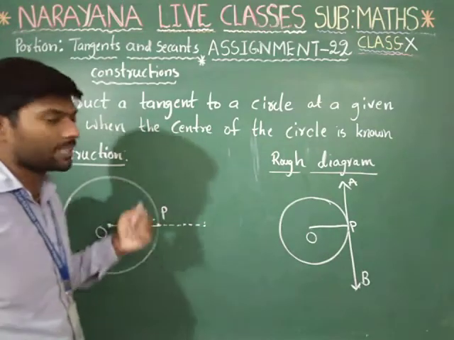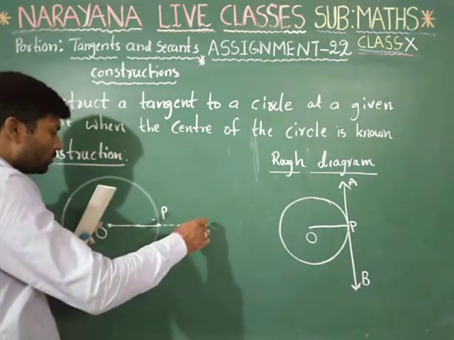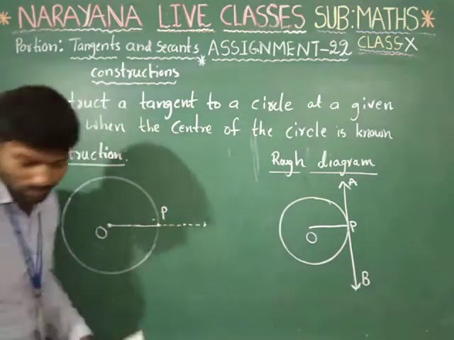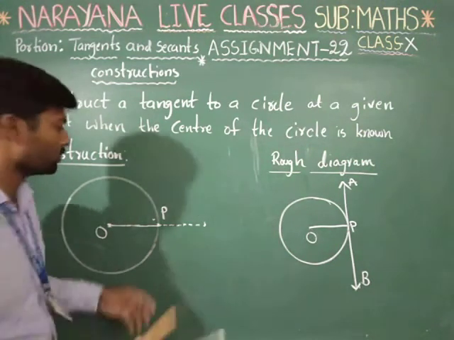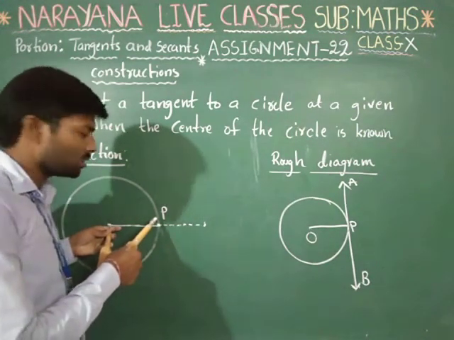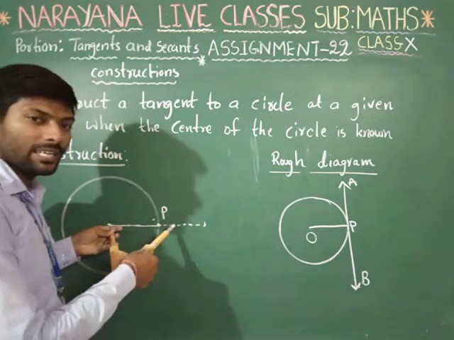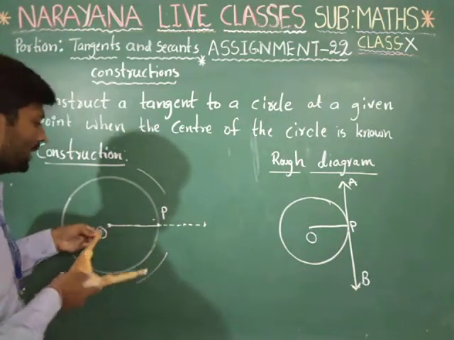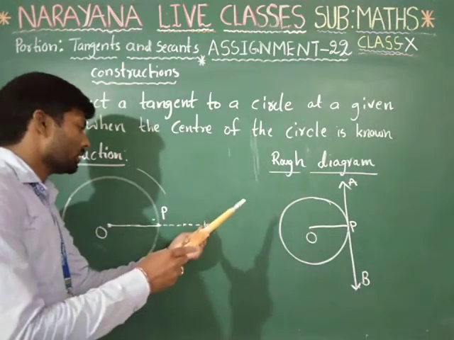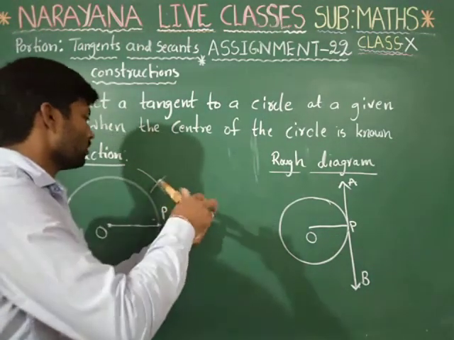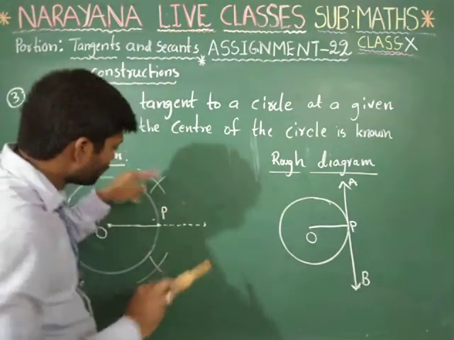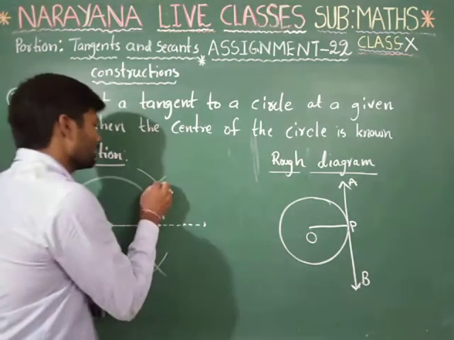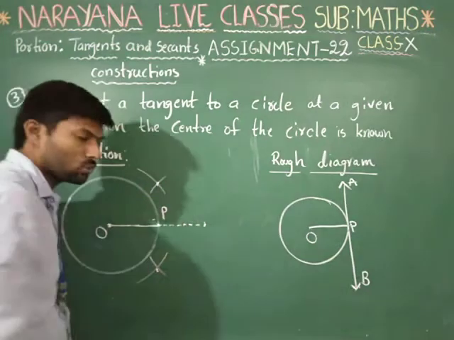In order to construct a tangent to the given circle, first of all we have to draw the perpendicular bisector for this line OP. To construct the perpendicular bisector, take more than half as a radius and, with point O as a center, draw one arc up and down. Next, with the same radius, no change, take point P and draw one arc that will intersect the remaining arcs. Now join these two points of intersection.